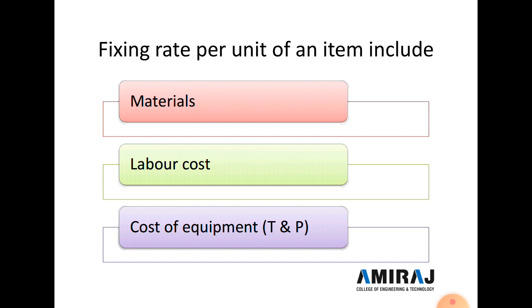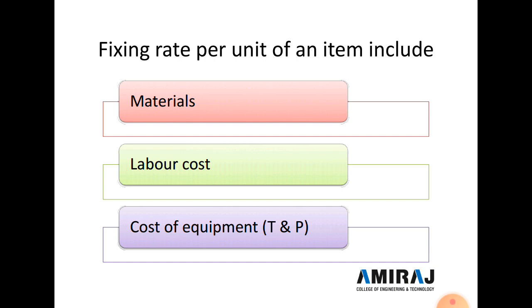The second thing is the labor cost. The exact number of labor required for a unit item shall be obtained from the standardized NBO, National Building Organization, or from task work for an artisan, and then it is multiplied by the current wages per day to get the cost of labor per unit of the item. Here a lump sum amount is generally provided as labor sundries.